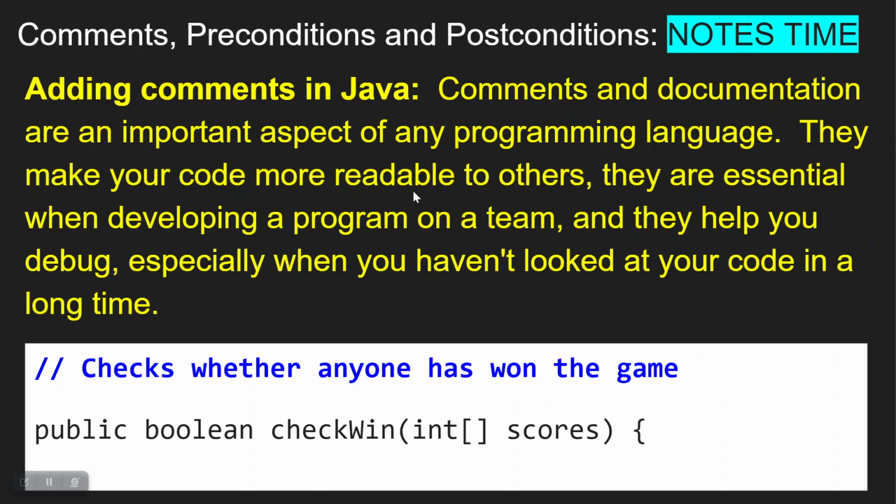They are absolutely essential when developing a program on a team. You want to be able to share your program code with other people, and all be collaborating on a program at the same time. And so adding those signposts in there in terms of what's happening with different portions of the code are really, really important. And then finally, they help you debug, especially when you haven't looked at your program in a